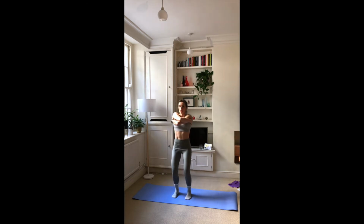Coming back to center, we're going to inhale, prepare, exhale, squeeze your shoulder blades, open your arms nice and wide by your sides. Inhale, closing the arms, swapping the crossing again. Exhale, start from the shoulder blades, squeeze them and then open your arms nice and wide by your sides, reach. Inhale, and exhale. Open your collarbones, close your ribcage. Inhale,